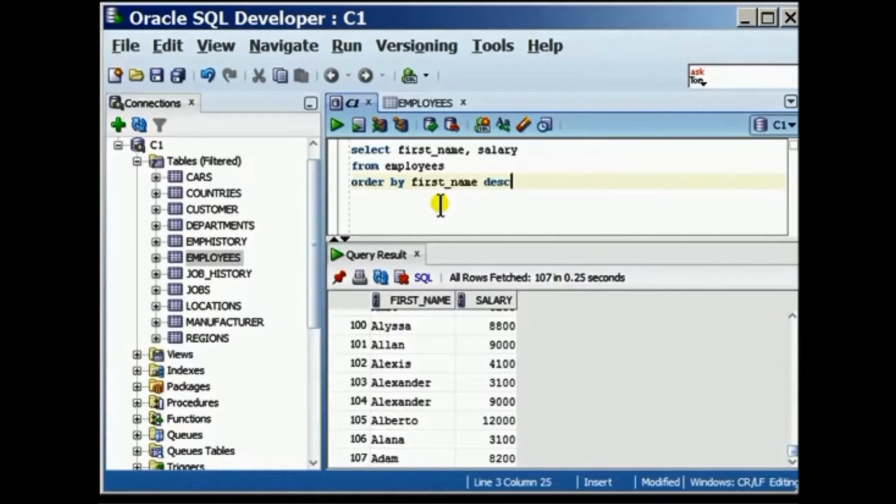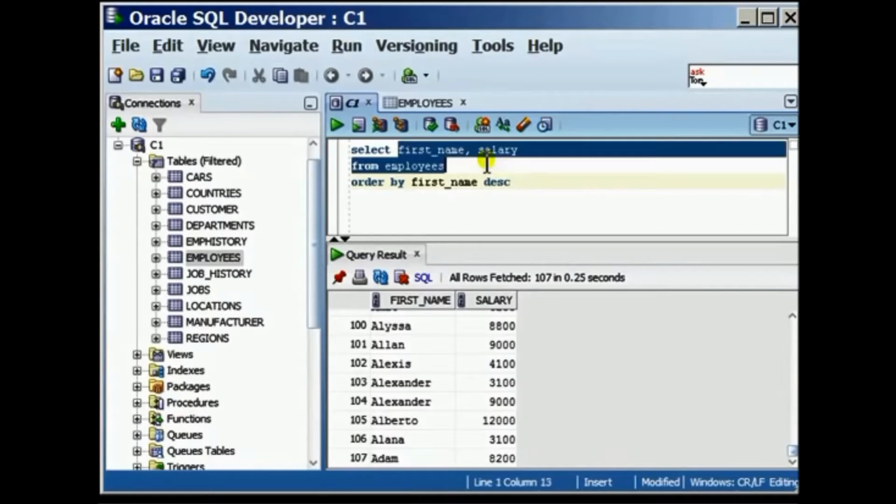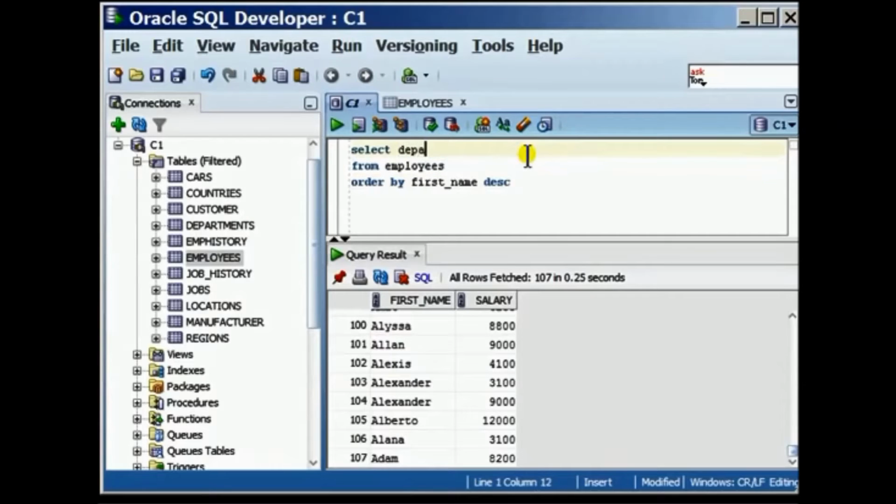To demonstrate this, I'm going to change my query a little bit, where I'm going to retrieve the department ID, let's say the salary, and the first names of the employees, and I'm going to order by department ID comma salary. On executing the statement,